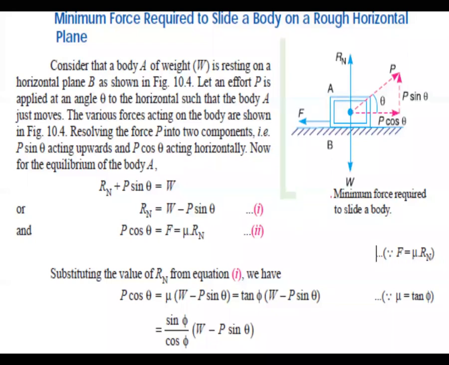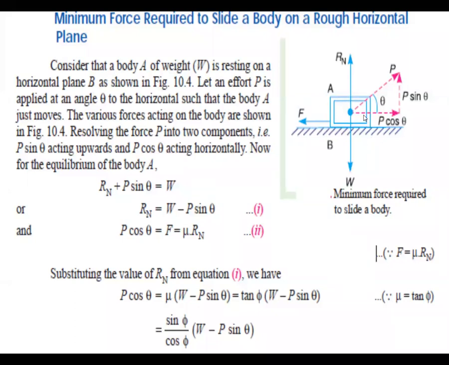So firstly, we'll start with a body placed on a horizontal plane, and when the body is trying to take a dynamic movement by external forces, how the friction is generating, that is the concept we are going to see now. In this, I have drawn one diagram here. You can see the diagram.